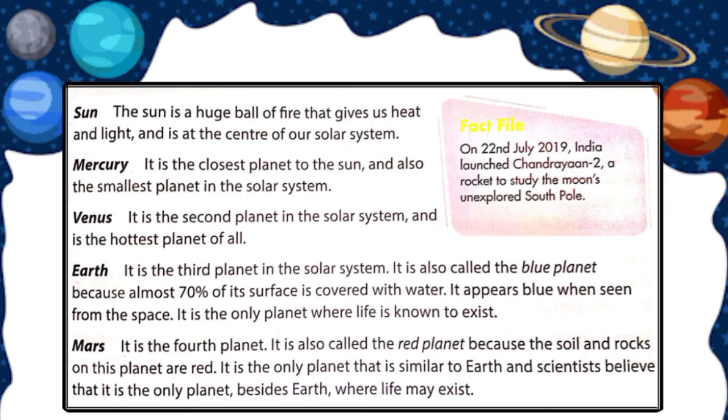And it has a large variation in its temperature during day and night, and it does not have any satellite of its own like Earth has the moon, and there is no water or atmosphere on Mercury,